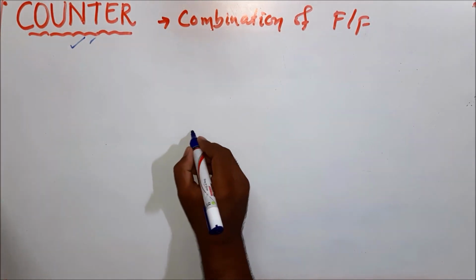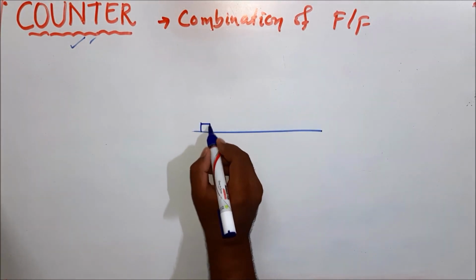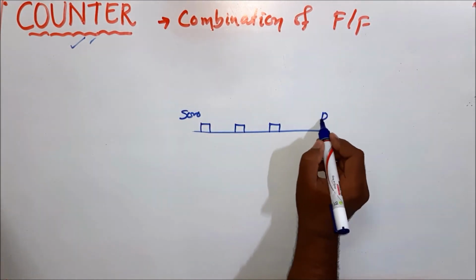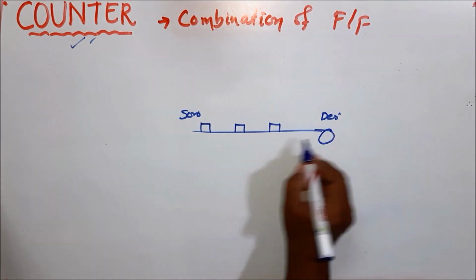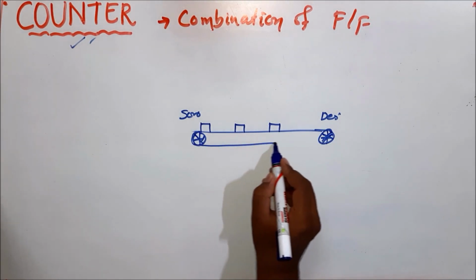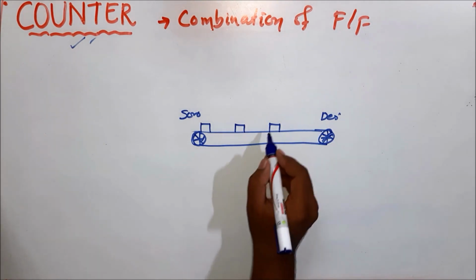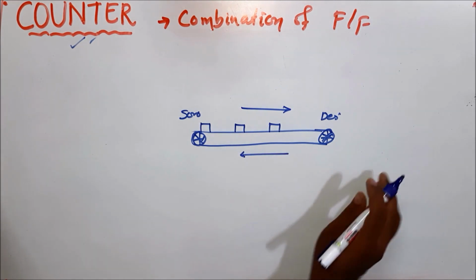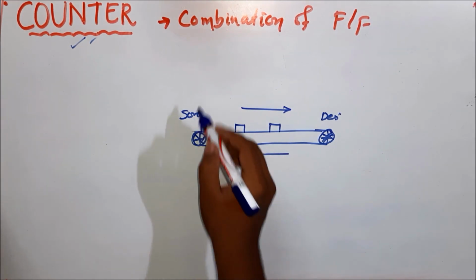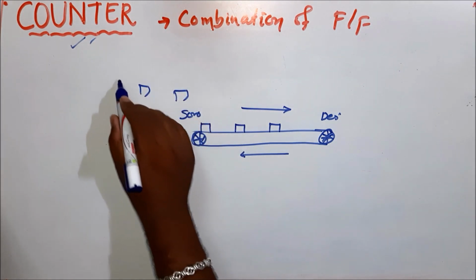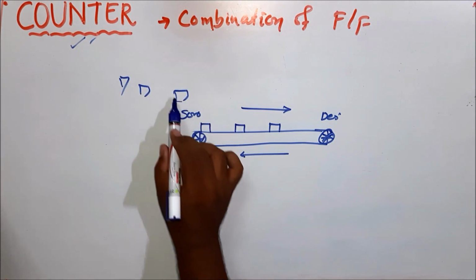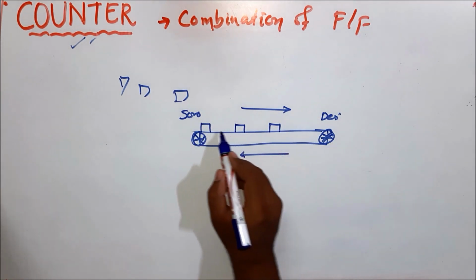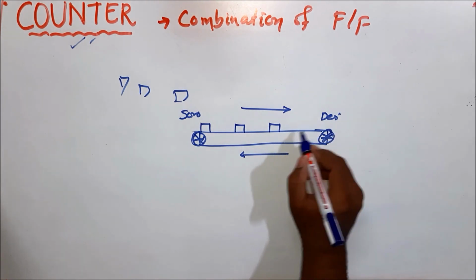For example, this is a conveyor belt and some goods are moving on the belt from source to destination, and the belt is driven by two wheels. So this is my conveyor belt. It moves left to right on the top side and right to left on the bottom side. Whenever someone starts loading goods onto the conveyor belt, the belt moves left to right, so the goods move and here we can collect the goods.